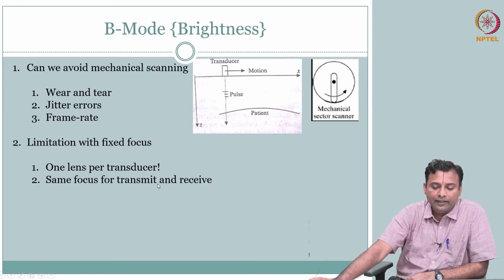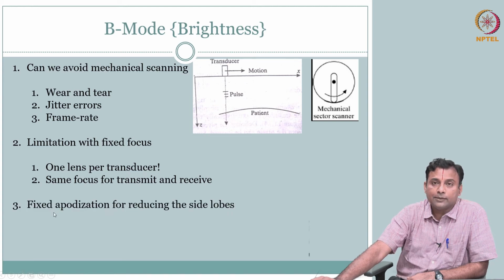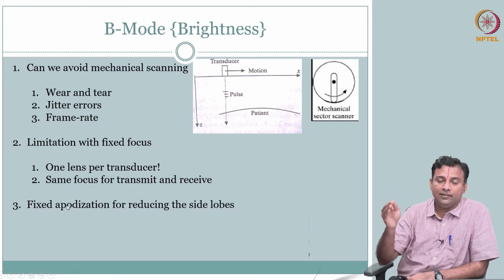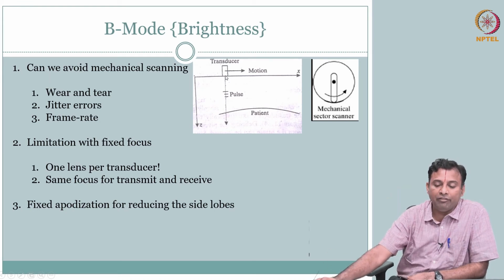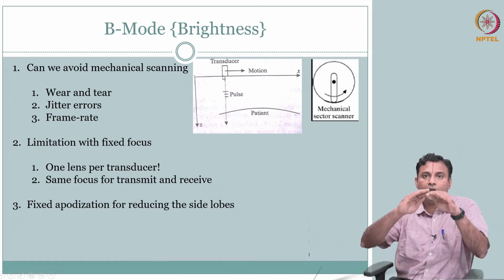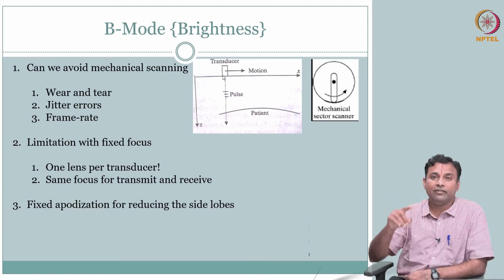What else? Is there anything else that comes to your mind? From an image quality perspective, focus is a big issue, right. Of course, another aspect was your side lobe reduction, right? We talked about having apodization. So in front of the transducer, why give the same weight to the center and the edges? You want to give more weightage to the center, and as you go away from the center of the transducer towards the edge of the face, you want to have a smooth, Gaussian profile, we talked about that.